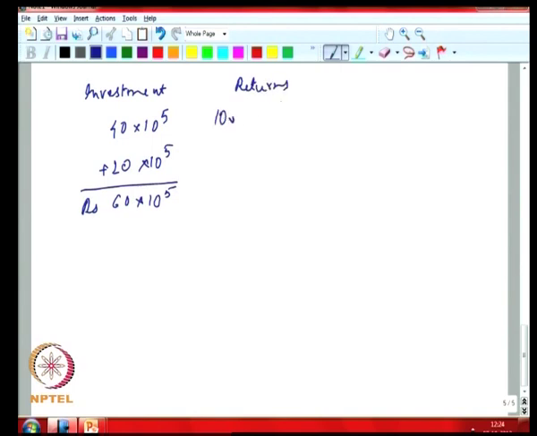There are 10 events per year, about 2.72 lakhs into 10 per event, and your annual maintenance costs are 4 lakhs. So, your net annual returns is